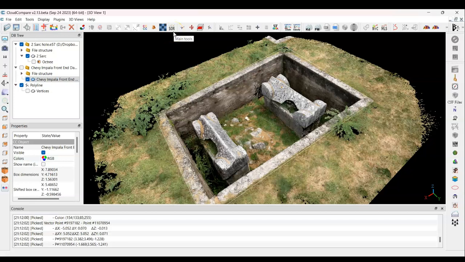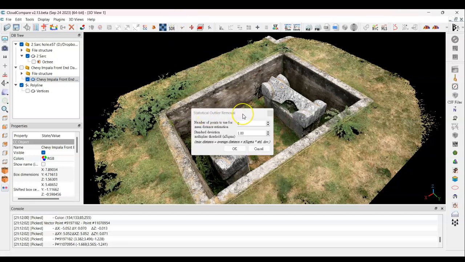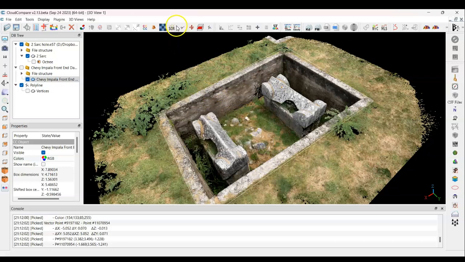SOR, that's basically a statistical outlier removal. It's basically removing noise. So if there's any noise in the point cloud, there's a way to get that out. Now these two, segment and translation, these are important. I've got videos on these already, so there's no sense in me going over them too much again. But basically, this segment tool will allow you to edit a point cloud. If you want to cut things out, if you want to clean things out, it allows you to do that